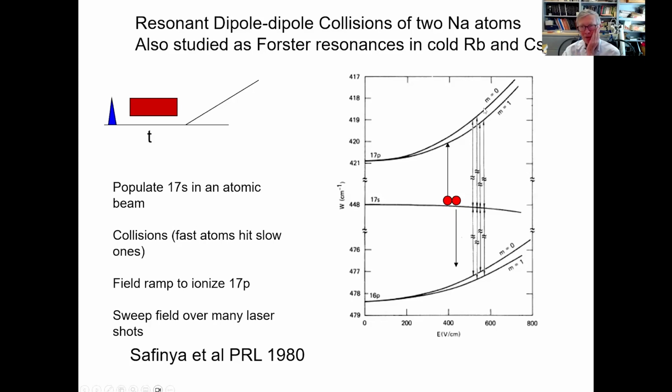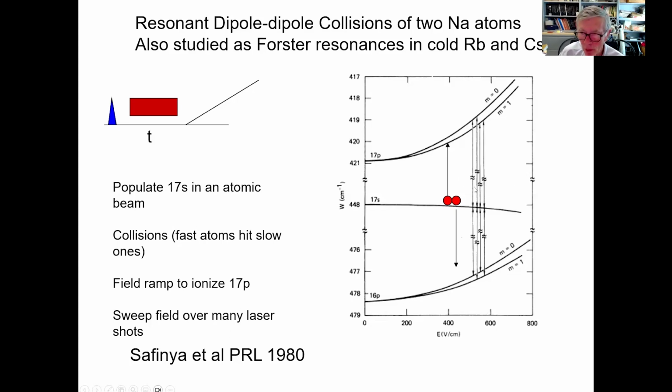So how they get up to the 17P state is that one 17S atom collides with the other one. One takes energy in an amount that's given to the other, so no energy has to go into the heavy particle motion. This is in fact a resonant dipole-dipole collision in which one of the atoms acts like a microwave field driving the transition in the other atom. Well, anyway, as I said, I wanted to claim that this has been observed experimentally.